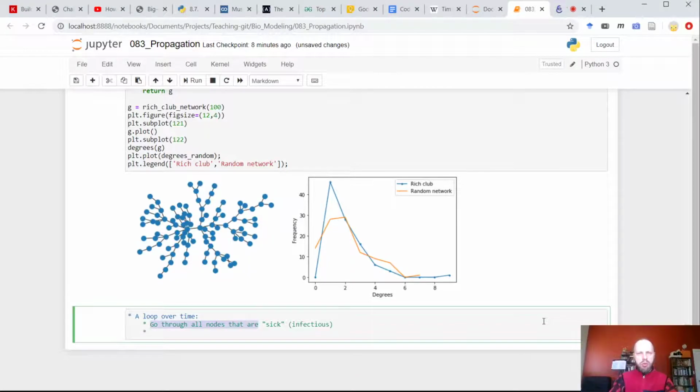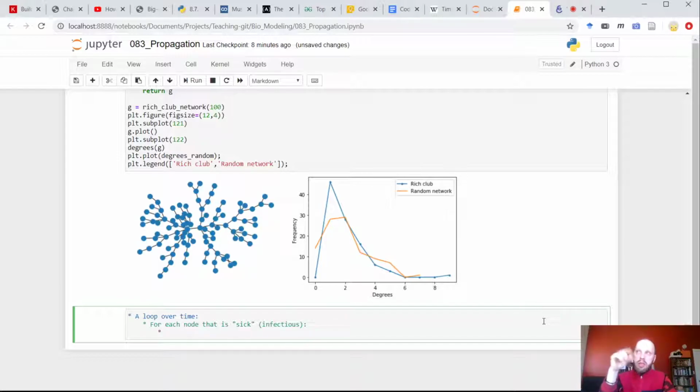let's write, for each node that is sick, infectious, what can happen? It gives the disease, the bug, to one of the other nodes it's connected to, right? So how do we do that?